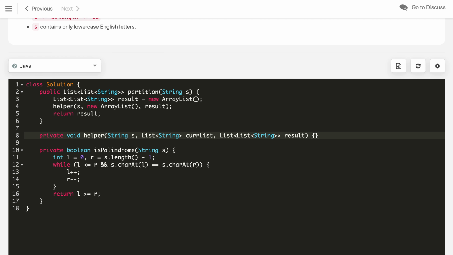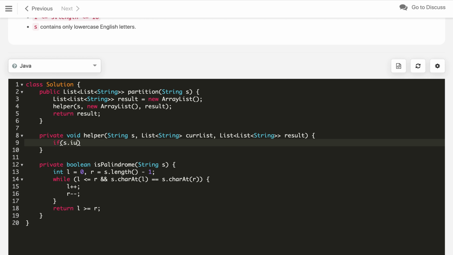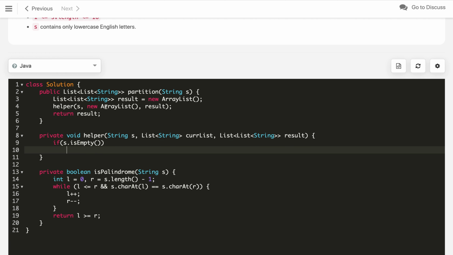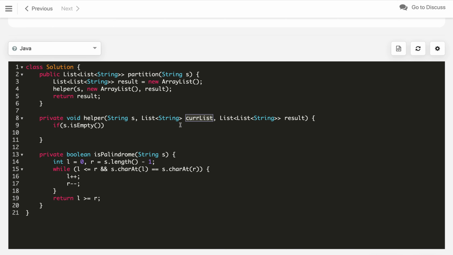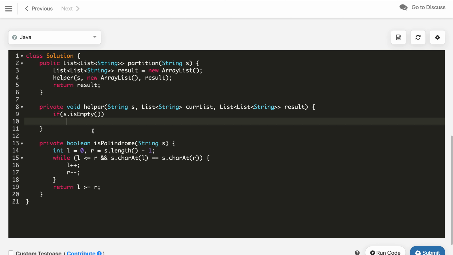So that's it. Now if S is empty, which means we are able to partition this successfully, whatever current list we got here, we will add into the result. So result dot add the current list.